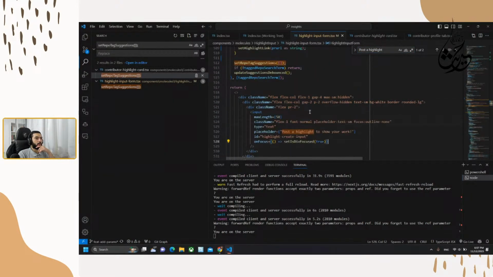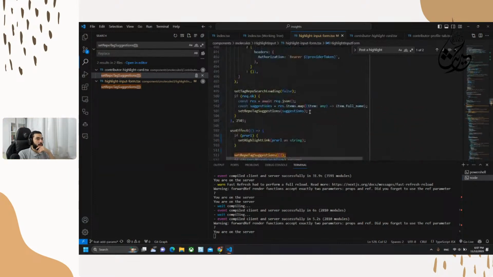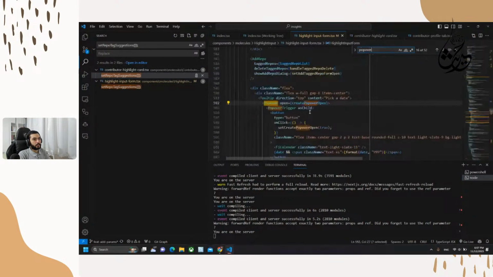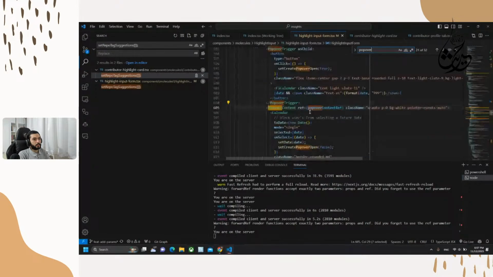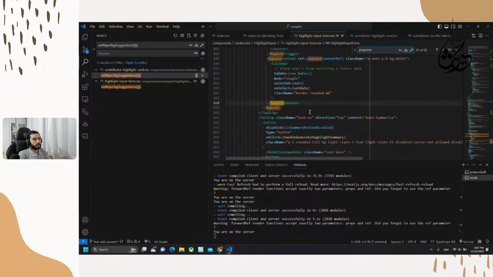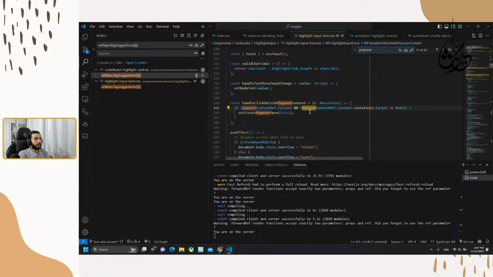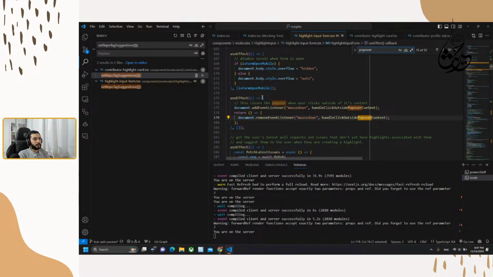So it's the main component. I think the popover they mentioned is in the use effect.